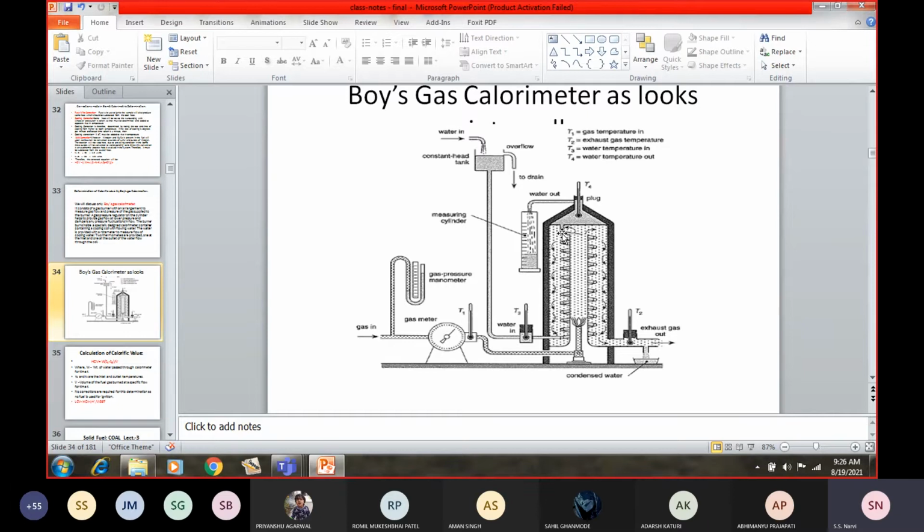Then what will happen? You collect this water which has been flown, that is circulated. You can collect the steam which has been condensed. Now T4 will remain T4, because you are not increasing the flow of this or flow of this. So that will be maintained at T4. Now you do this experiment for 5 minutes.